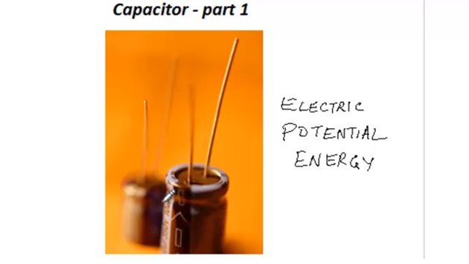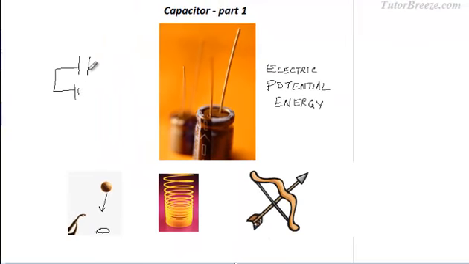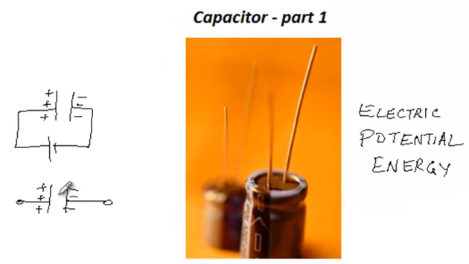A capacitor is an extremely useful device because in a capacitor we can store energy in its electric field. Say we have a capacitor and we connect this to a battery. Now one plate gets positively charged and the other is negatively charged, and then we just disconnect the capacitor. So the plates are going to hold the charge, so you have an electric field between the plates, and associated with this electric field you have an electric potential energy.